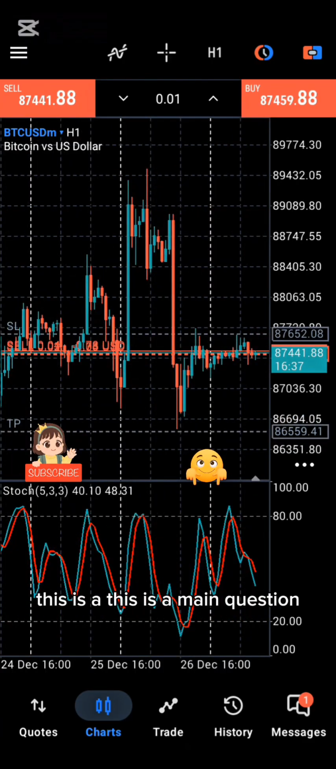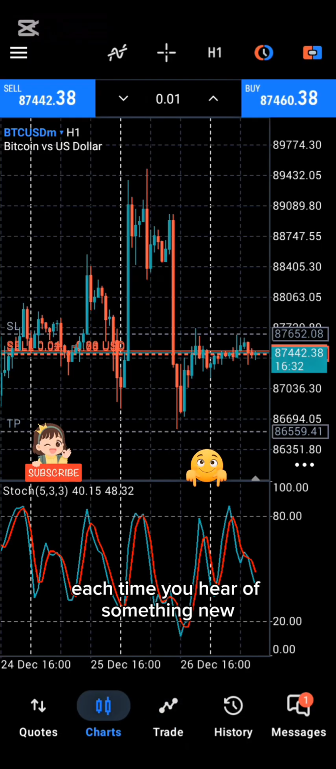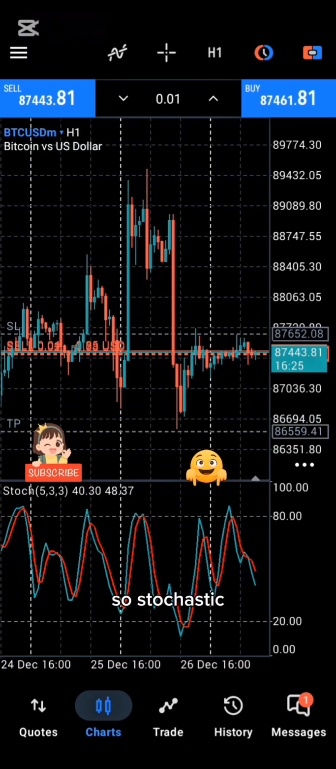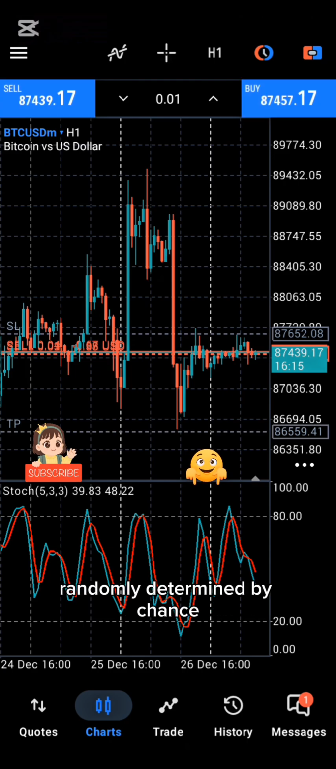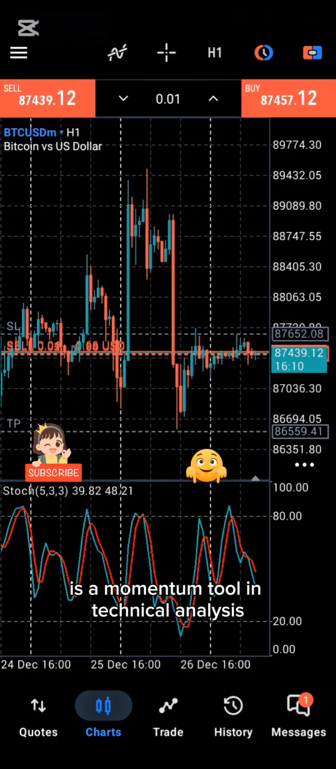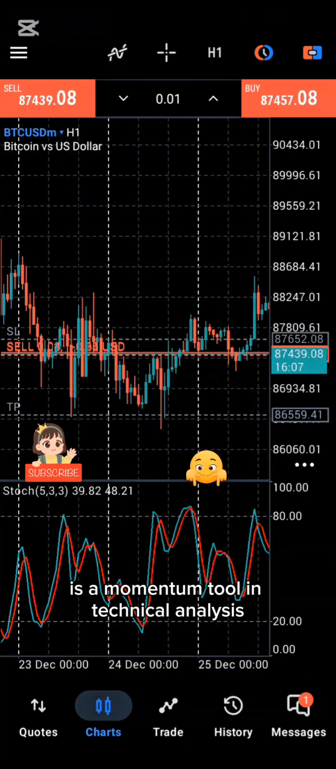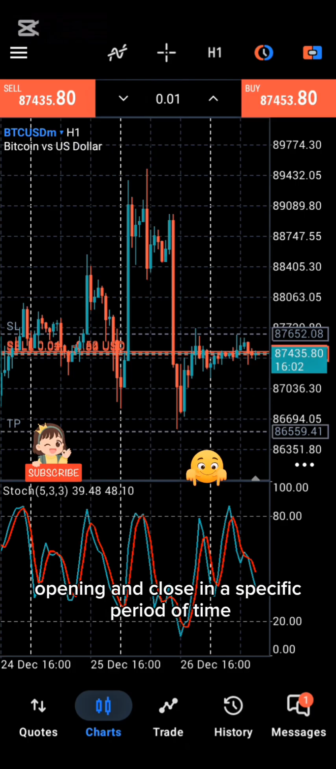Stochastic. What do you understand by stochastic? This is a main question which you can always ask yourself each time you hear of something new, so that it can help you understand better. So stochastic, for its word, refers to any process or variable that is randomly determined by chance. A stochastic oscillator is a momentum tool in technical analysis that compares an asset price opening and close in a specific